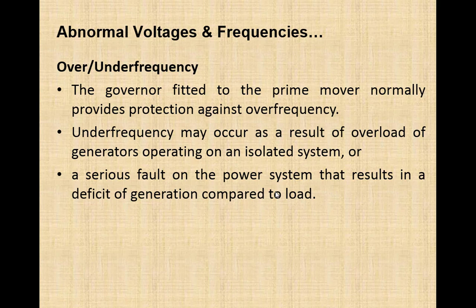If that process of removing the load from the system is delayed, or does not successfully bring the frequency back, then after a small delay, the power plant under frequency relay will start tripping the power plants. Then this problem will become even worse, because generation was already in deficit. Now the under frequency relays are removing more and more power plants from the system, and that results in the cascade outage of the power plants and complete blackout.